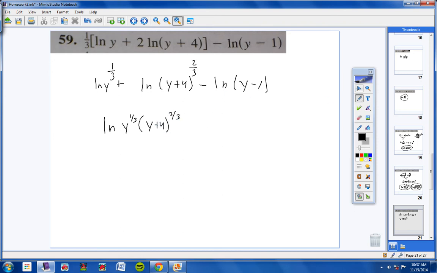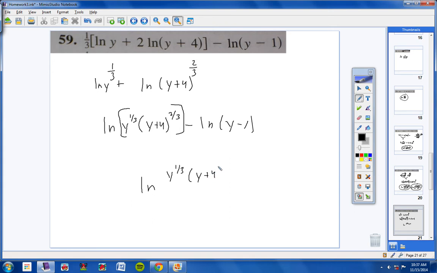And then bring this down here. Okay, so we have this whole logarithm here minus this logarithm here. So natural log of y to the 1/3 y plus 4 to the 2/3 all over